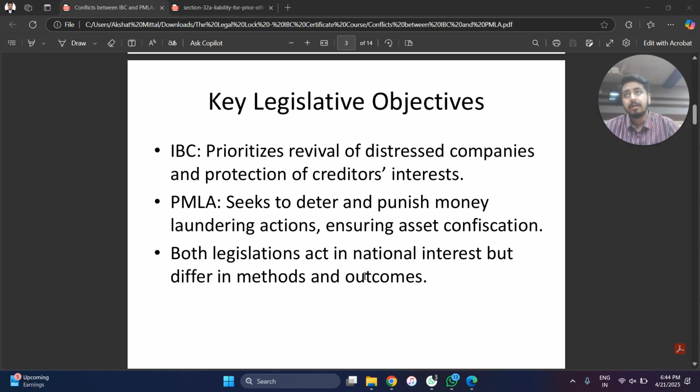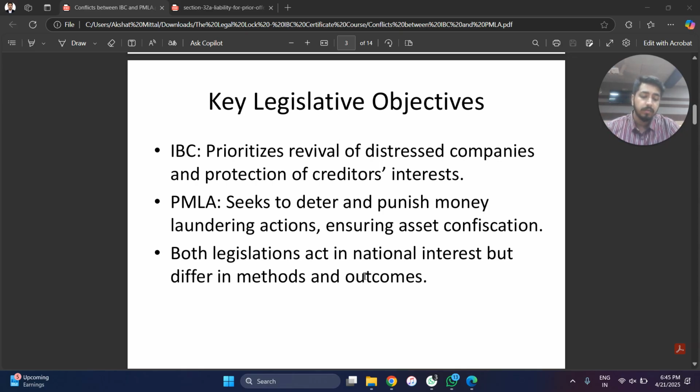So when we are looking at the conflicts between IBC and PMLA, it becomes very important that we look at the legislative objectives of these two acts. And primarily, when we talk about the Insolvency and Bankruptcy Code, it prioritizes the revival of distressed companies, and it has been enacted with a view to protect the interest of the stakeholders, the creditors. Per se, it is not a recovery legislation, but yes, it is enacted with a view that